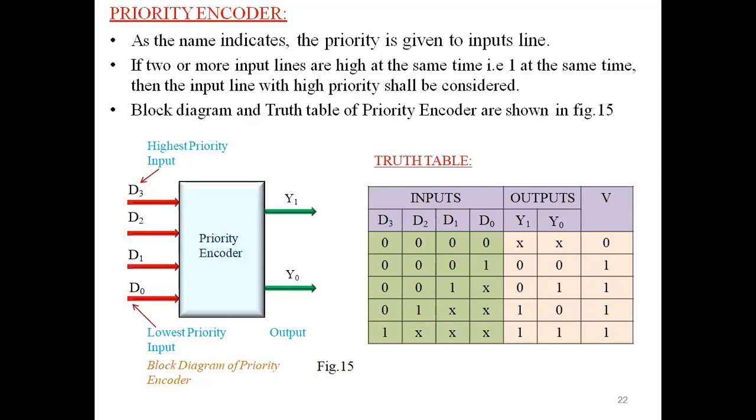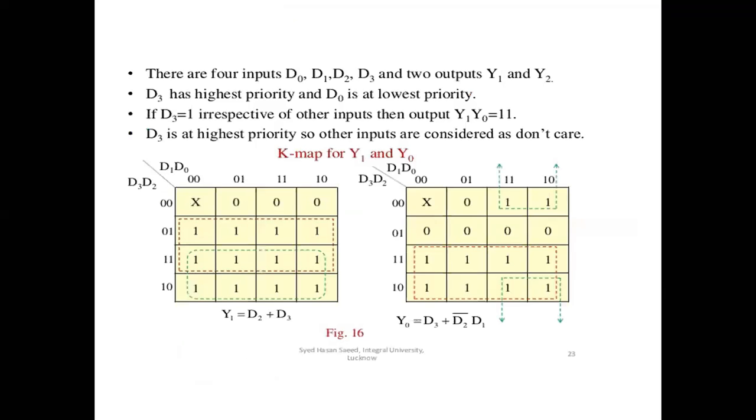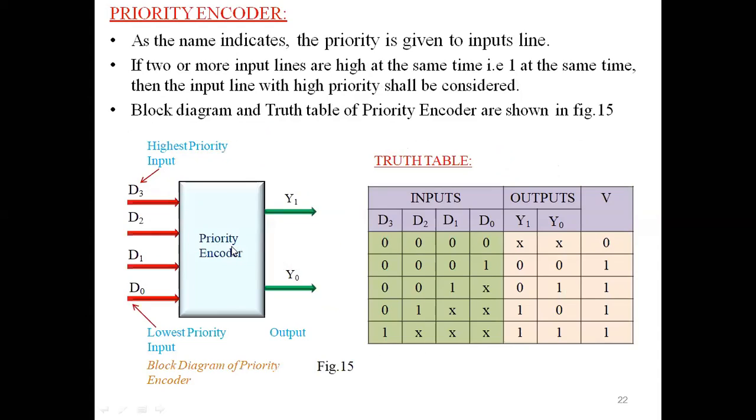And next, coming to the next one, see this. There are 4 inputs, that is D0, D1, D2 and D3. And how many outputs will we require? We got 2 outputs, that is Y1 and Y2. So which K-map will it require? 4 inputs, which K-map, which variable K-map will it require? Can anyone respond? We are giving 4 inputs, which K-map do we use?